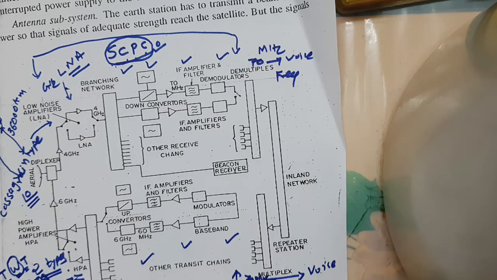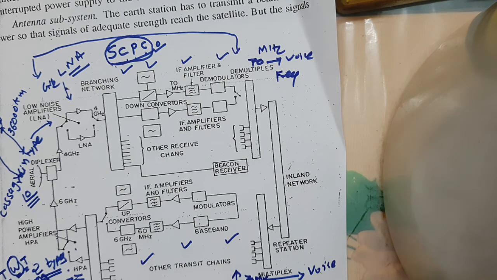In such a case, a technique known as single channel per carrier, that means SCPC, is used, by which each voice channel is fed to the IF modulator and in turn gets converted to the radio frequency. Hence, for every voice channel, a radio frequency carrier is allocated. In order to conserve the power in the satellite, the carrier in the SCPC is voice operated, that means switched on only when an input voice signal is available. This is our single channel per carrier equipment.